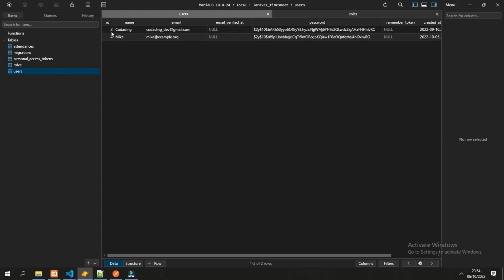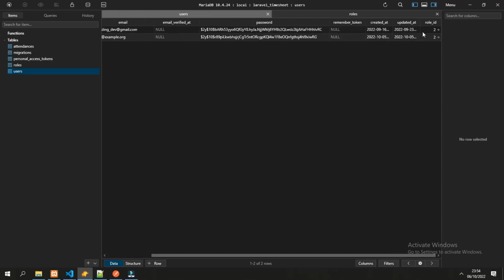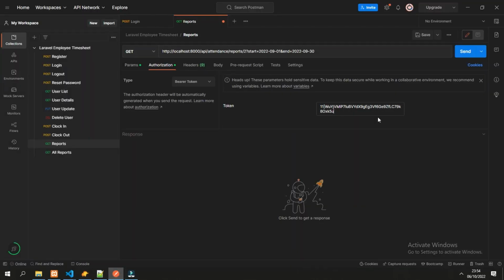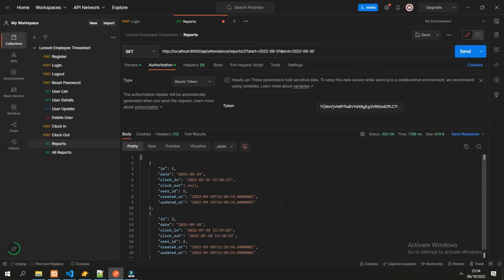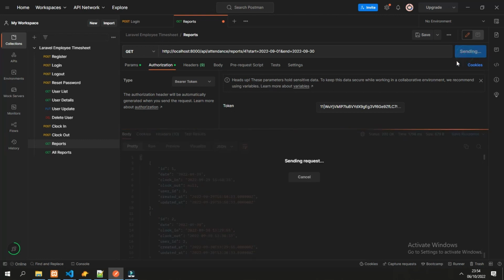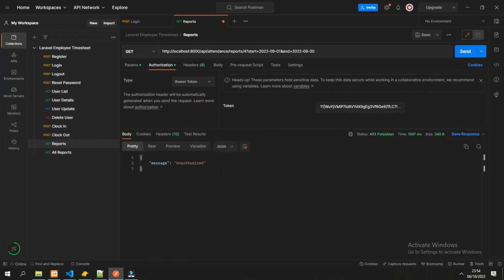It has the ID of 2, so naturally it can check itself, and the role ID is 2, which is employee. So this should succeed. But if we try to see the other reports, for example ID number 4, it will be denied by the gates, forbidden.